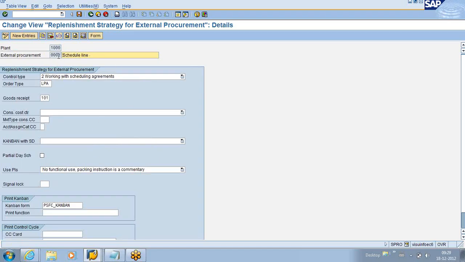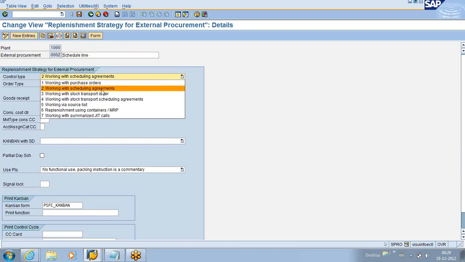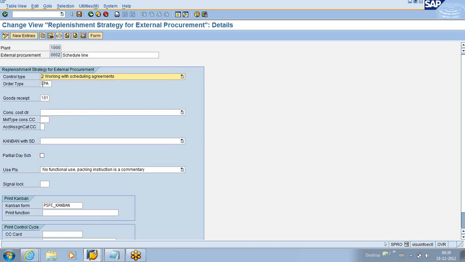Okay, here, of course, this is the text. This is the plant. Here, this control type is monitoring or controlling how you trigger, what is the signal to be triggered for the Kanban. Because we selected the scheduling line agreement, we selected true as the option here. And what is the schedule order type? This is nothing but your scheduling agreement type, Chandra. Yeah. And the goods receipt, of course, it has to be